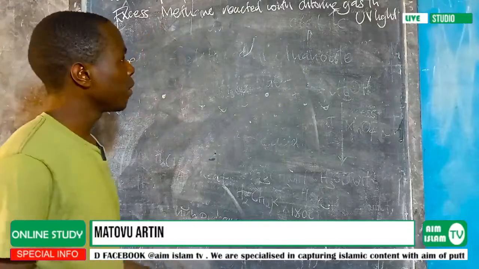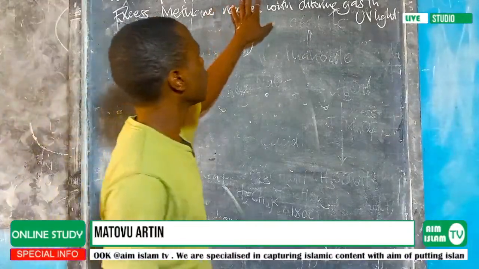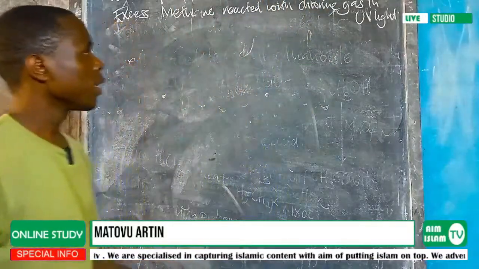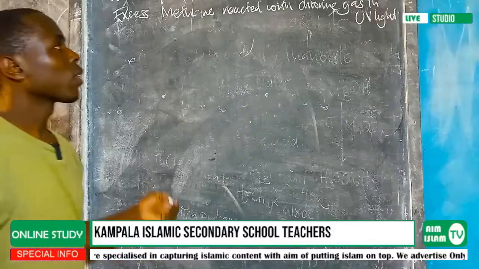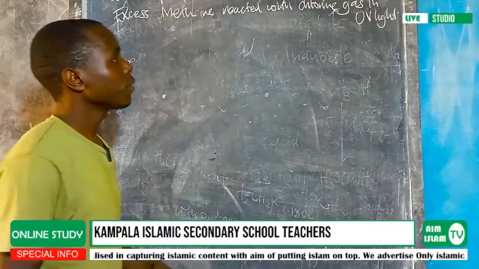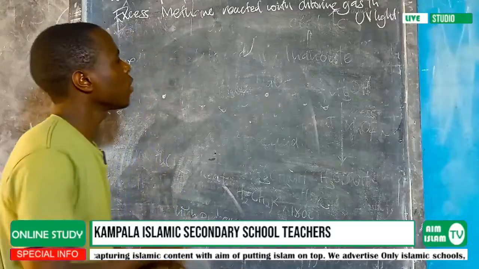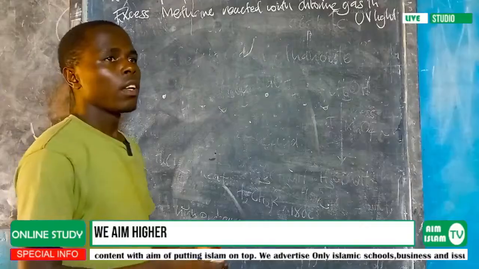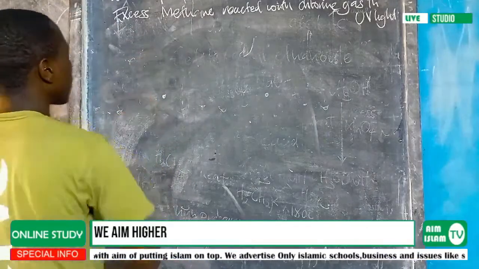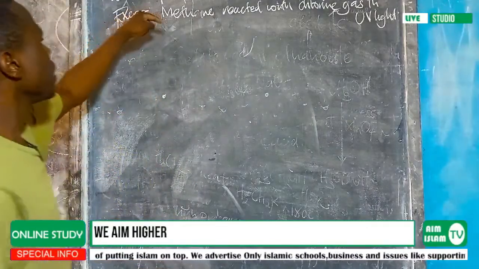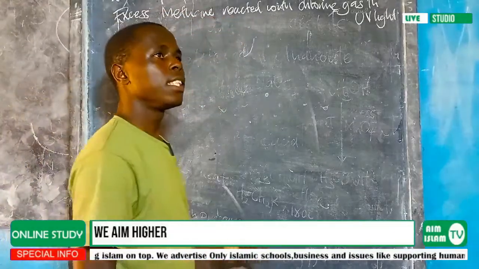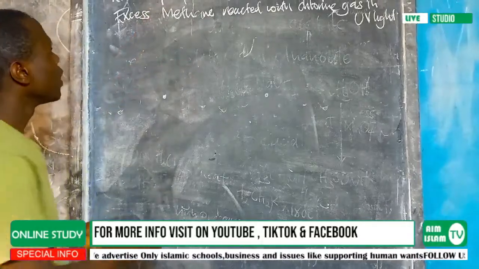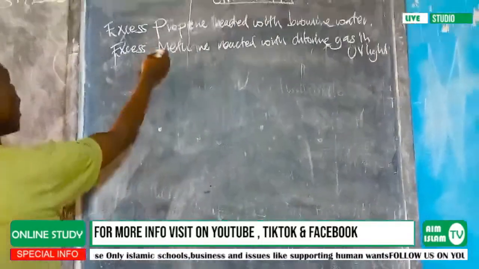They mitigate them by reacting the propene with the bromine water, and the methane with the chlorine gas in UV light. So indirectly they're telling us to show how they can react, the mechanism. Yeah, that's all. Because now if the propene is reacted with bromine water, it may be not as dangerous as it could be with propene alone. So it means that you have to show how this